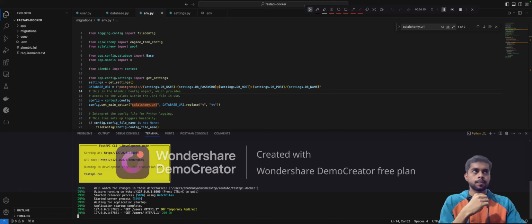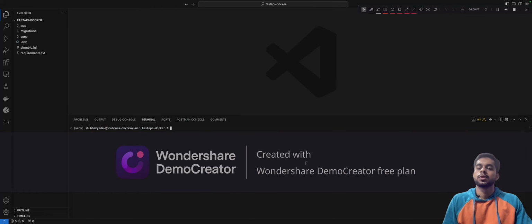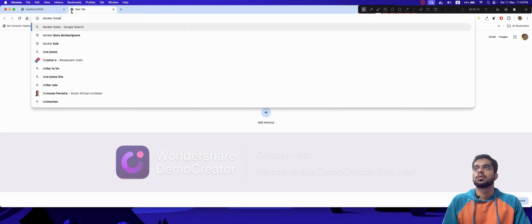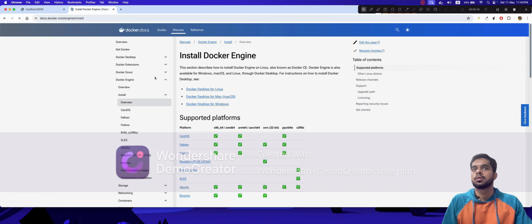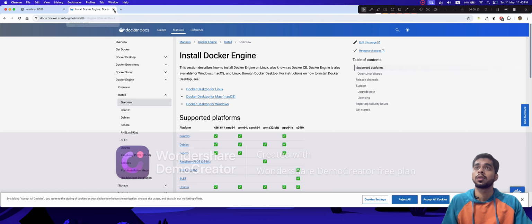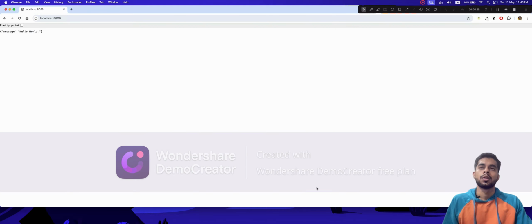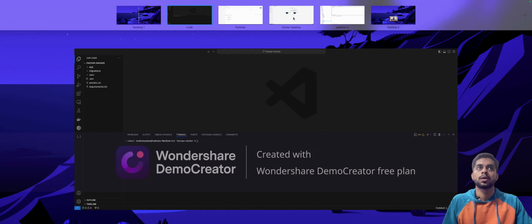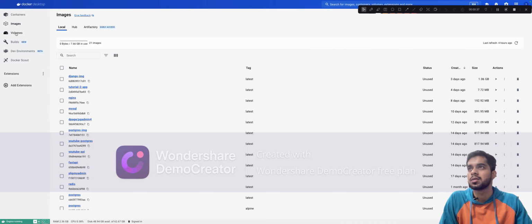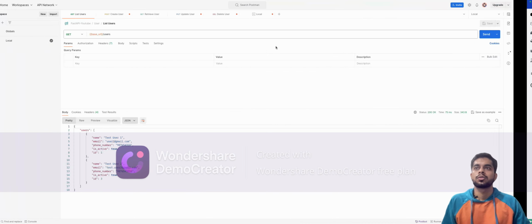So yeah, for that the prerequisite is you need to install Docker. So you can just go here and install it for Linux, Mac or Windows. I've installed Docker on my Mac, and I've also installed Docker Desktop, which is kind of a GUI for Docker. Here you can see we have different sections for containers, images, volumes and stuff. I have a couple of images over here. Right, so once you have Docker installed on your machine,